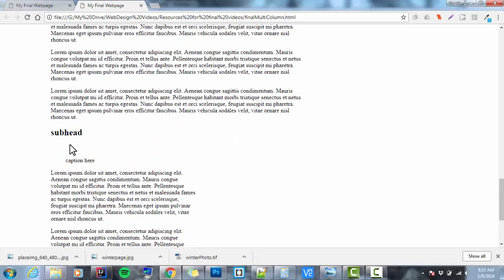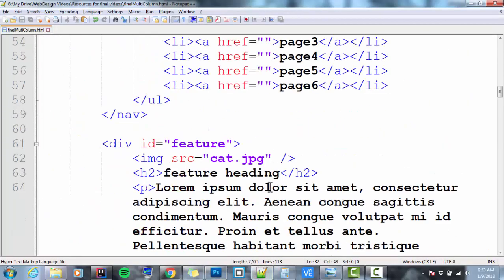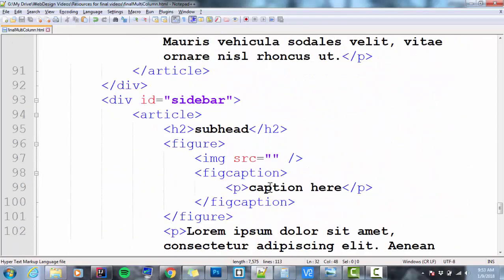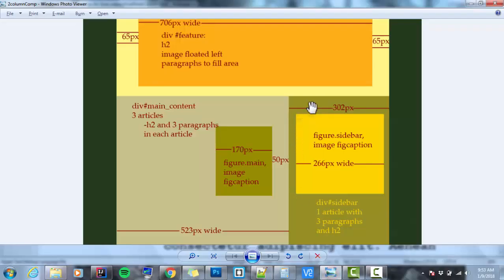Ooh, I notice I'm missing my image here in that figure. So I'll insert that right now. I'll go down to my sidebar, div ID sidebar. I've got my image, cat.jpg. All right, so now I've resized the column. Now I've got to resize the